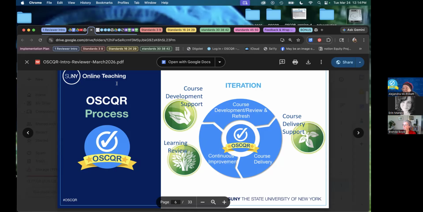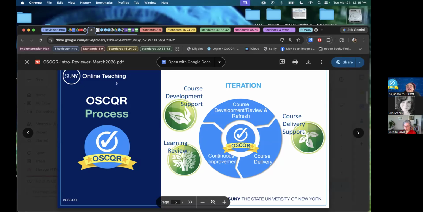So it's not intended as a course or a faculty evaluation tool. It's intentionally designed to be extensible and flexible to accommodate additions to the standards, modifications to the standards, elimination of standards. That is so that it can be adapted by anyone for the use cases that they may have. And of course, it's freely available and openly licensed, so it's licensed for you to be able to do that. It's not restricted to mature courses or experienced online faculty.